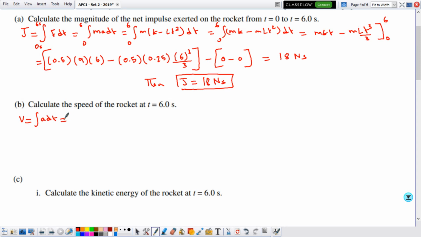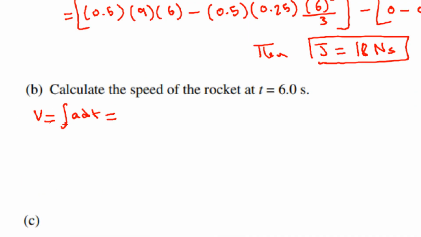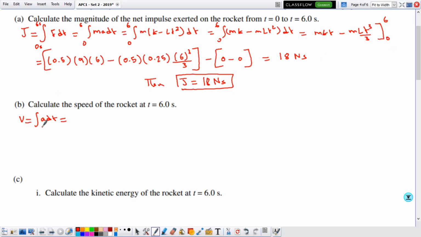Now let me set this integral as a free integral or indefinite integral, and we have that the initial speed is 0, so we can determine the constant. After that, we're going to compute the velocity at t = 6 seconds, and then we can deduce the speed, because we know that at some point velocity and speed aren't the same. Now that would be the integral of k - lt^2 multiplied by dt, and that would be,